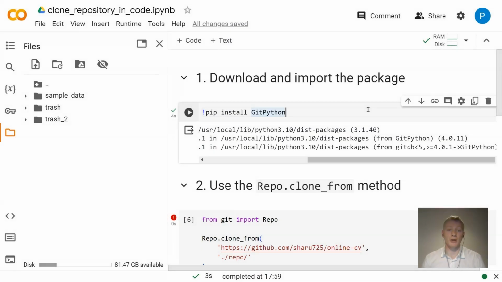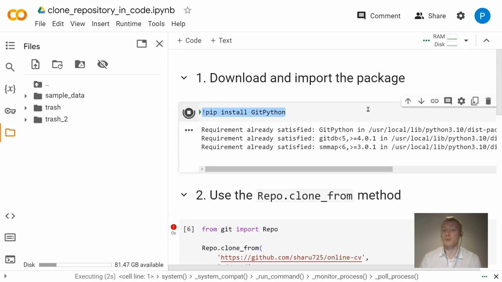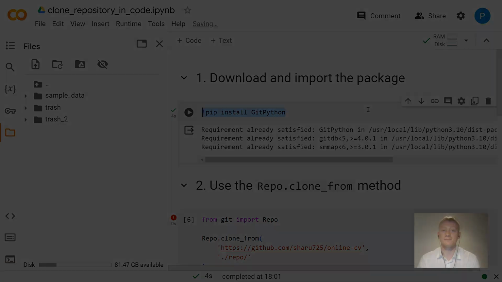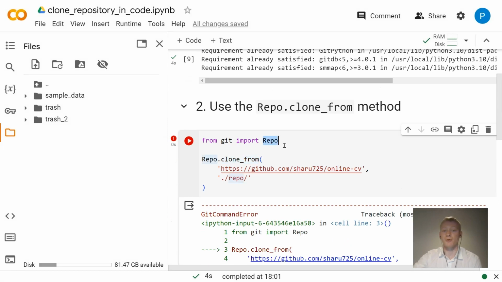The first thing we have to do is to download the GitPython package and import this into our working environment. Suppose we're working in the Google Colab. So by running, as you see here, the !pip install GitPython, we're able to import this package into our working environment. The second thing we have to do is to import the repo part of the Git package and use